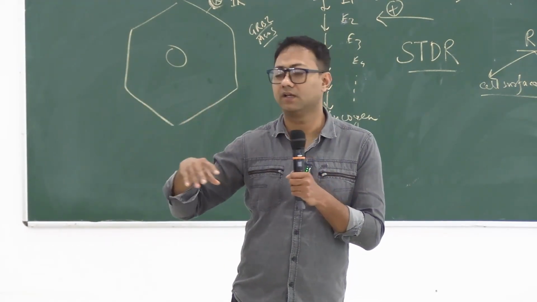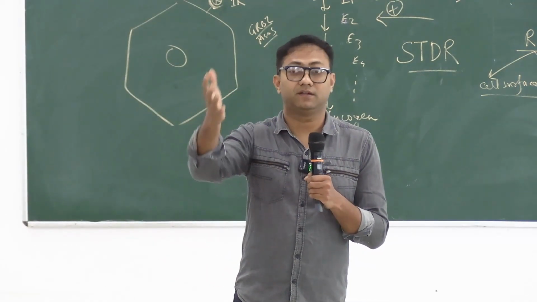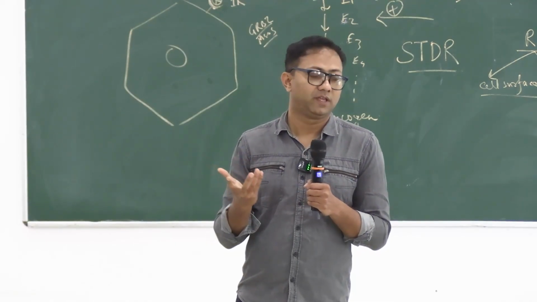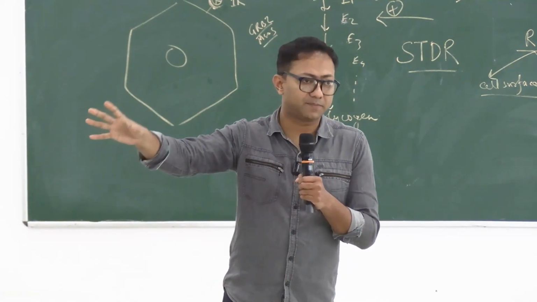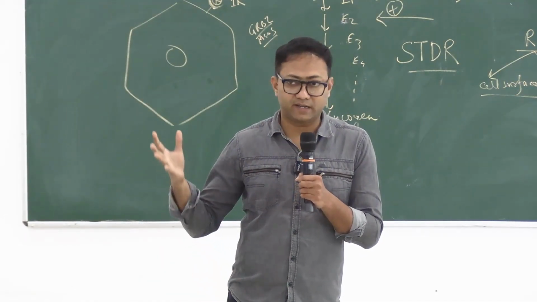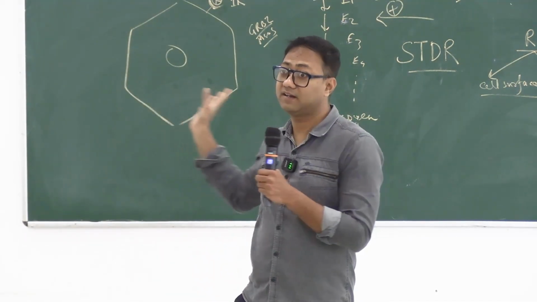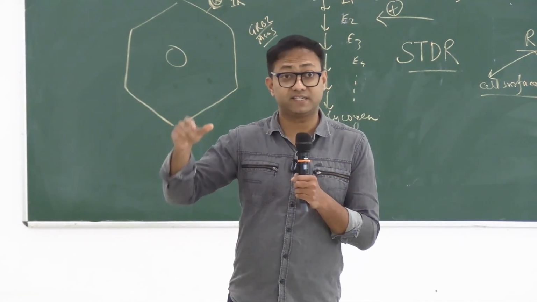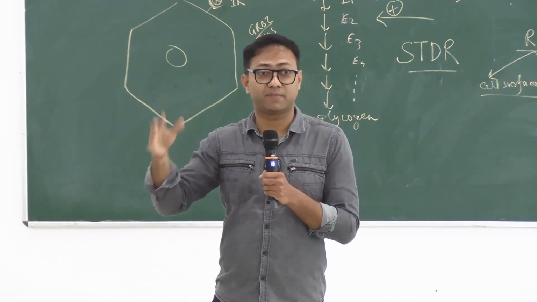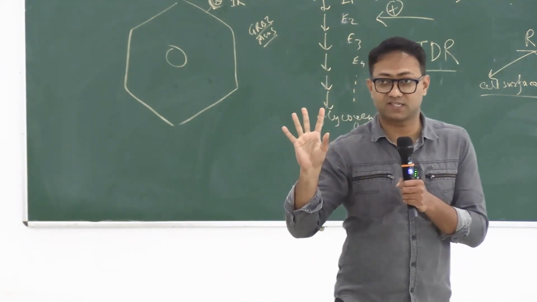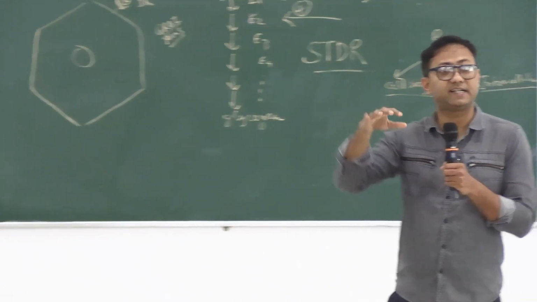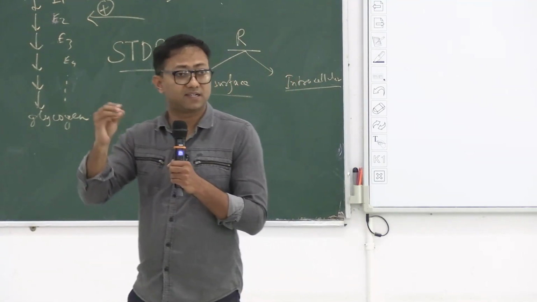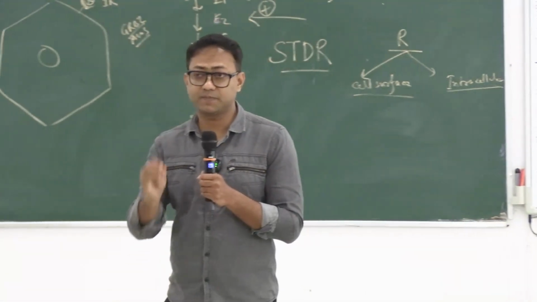Right? Someone is asking, please tell me mechanism of action of T3 and T4, thyroid hormone. You have not studied thyroid hormone separately. Perhaps you have forgot or you didn't get enough time to cover thyroid hormone. But here you know the classification. Then you can very easily face that question. Yes, it is under STDR. So thyroid hormone's receptor must be inside the cell. At least you can tell this. The details of action is written under thyroid hormone. The details you don't know, but at least you know this. इसका receptor अंदर रहता है, cell के अंदर रहता है, right? This much you should know.